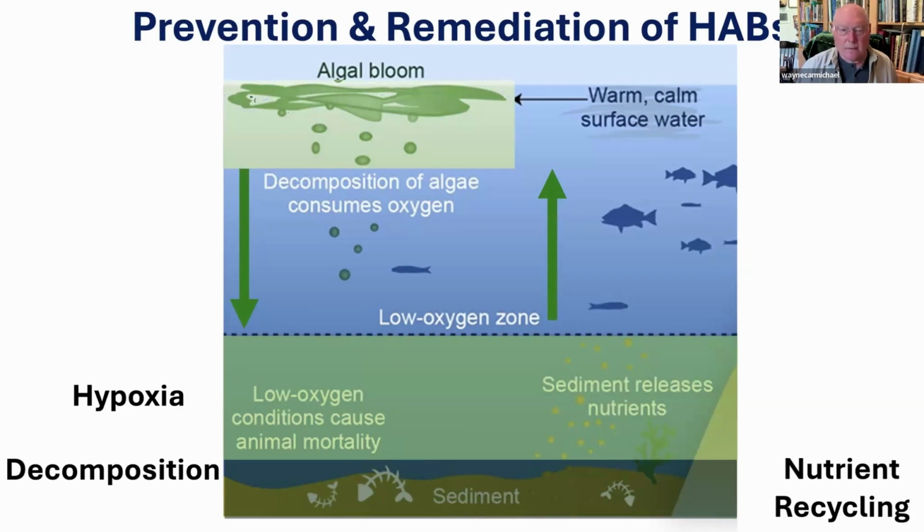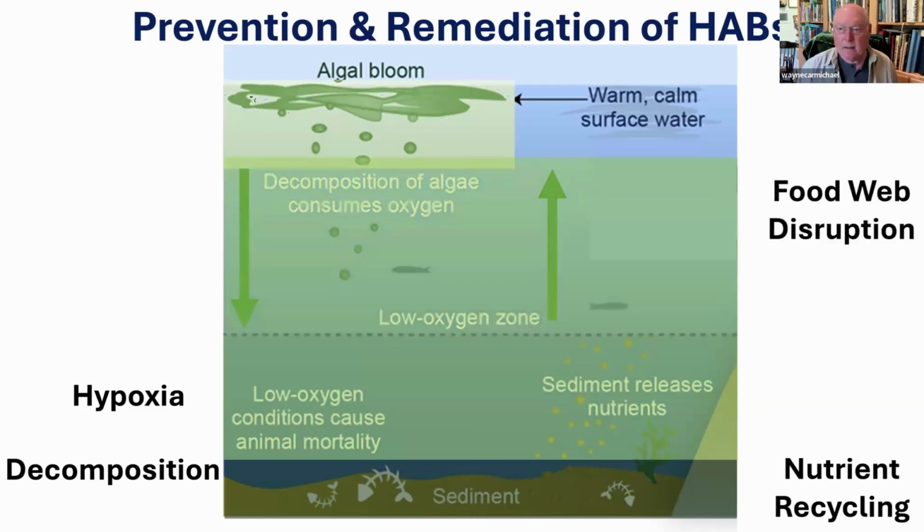Next, we want to affect nutrient removal instead of nutrient recycling. And then we want to address food web distribution. So really four things: directly affect and remediate, prevent hypoxia, then improve and control decomposition so we get nutrient removal, and that allows a restoration of food web